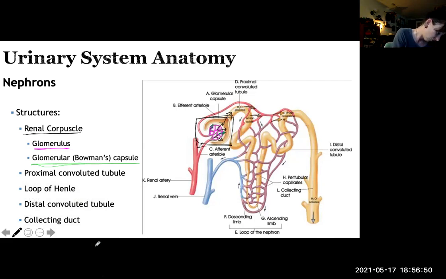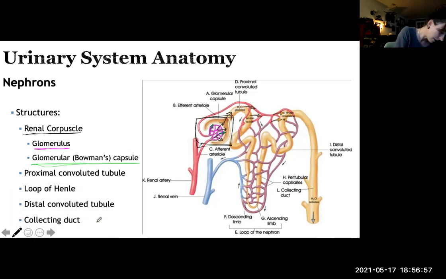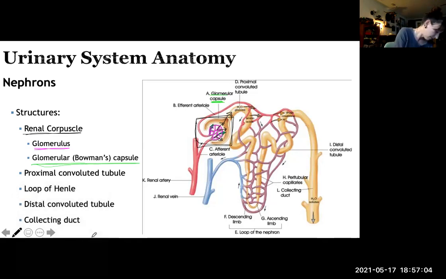Let me make sure that I have my stuff underlined. Glomerular capsule, the proximal convoluted tubule is basically from here to here, okay? After the proximal convoluted tubule, which is responsible for reabsorption and secretion of various things, which we will talk about,